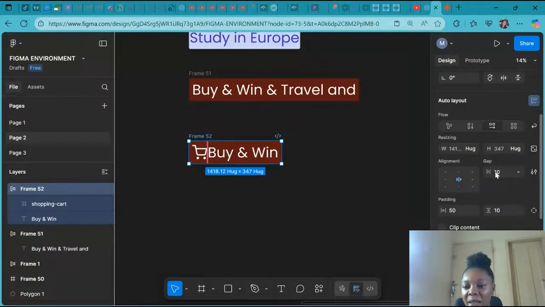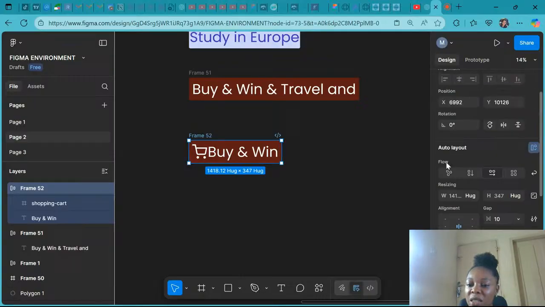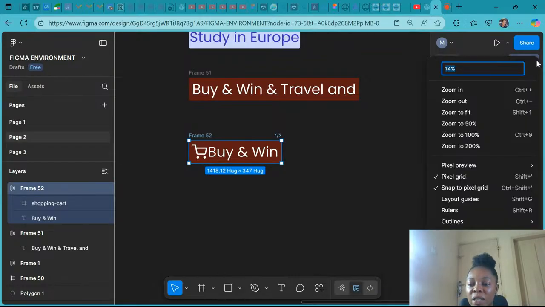the space, the gap between these elements, which is the margin. Some people could call it margin, you could call it gap, you can call it spacing, but Figma is naming it as gap. Also, in yours, you might not see flow, resizing, alignment, gap, padding being named on it specifically. In order to get that, you are going to come to this opacity option, click on the drop down icon,